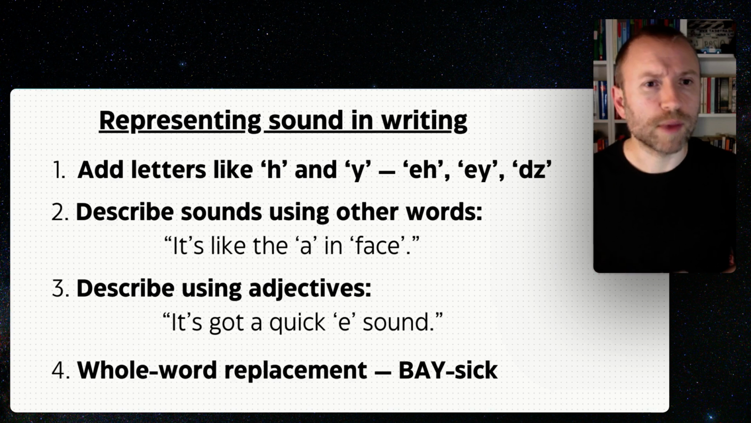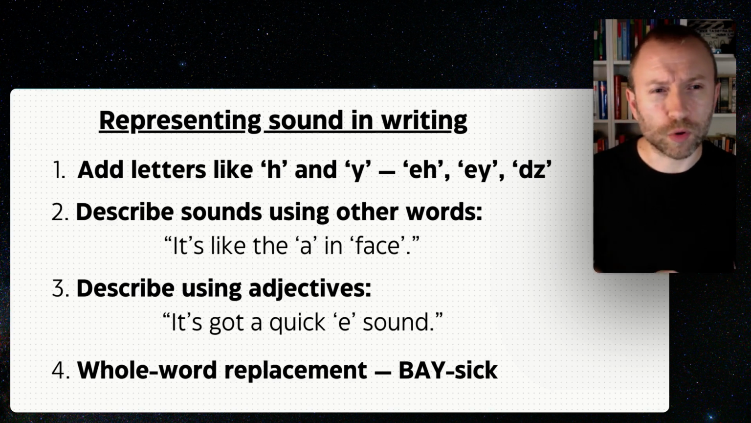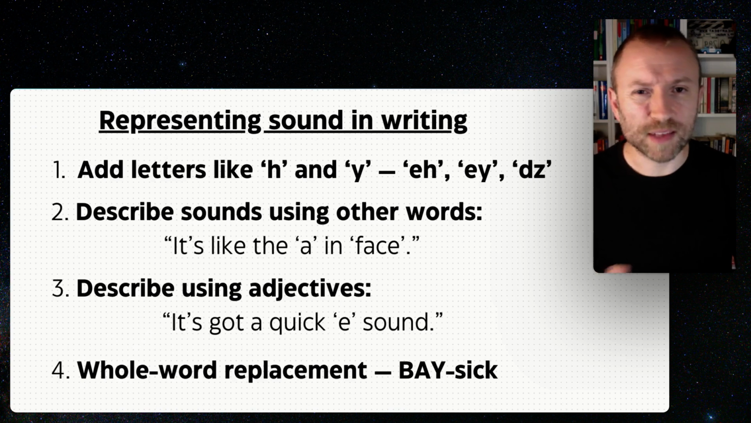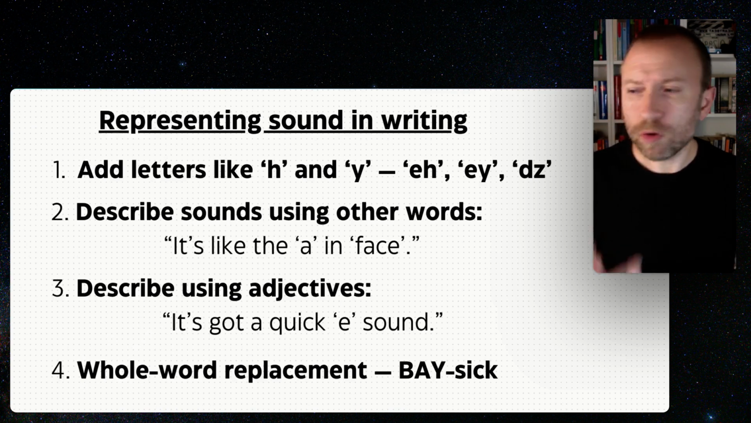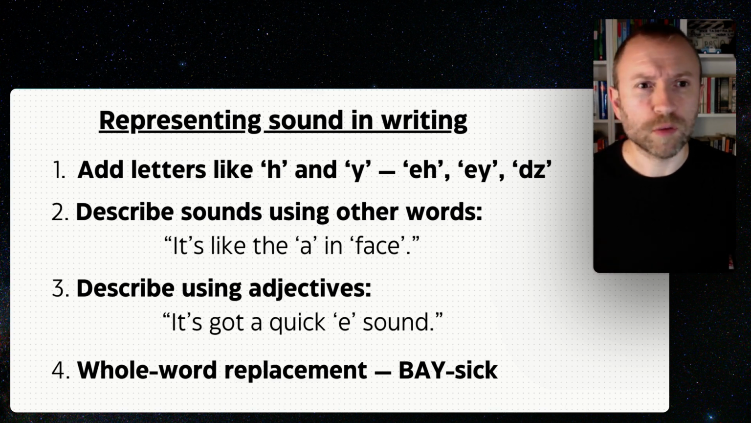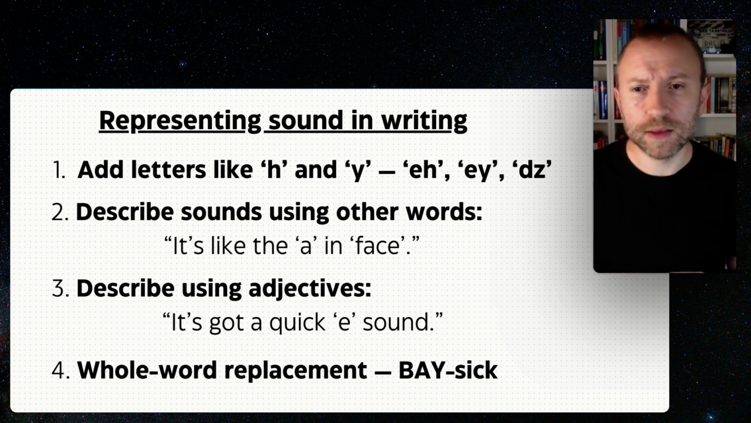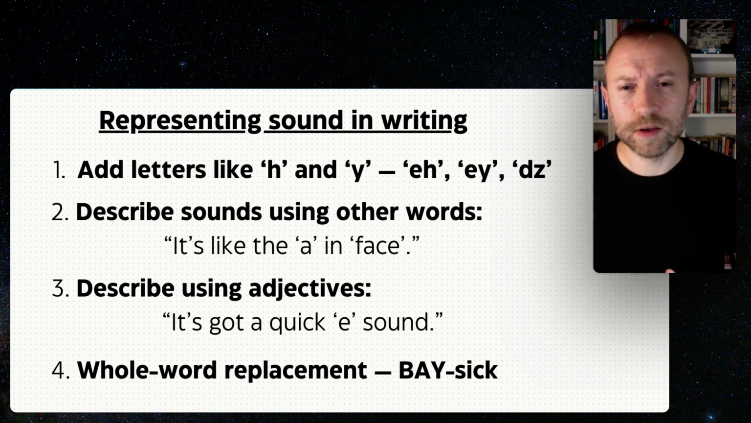The second thing we might do is to explicitly describe sounds by using other words. So we might say, for example, it's like the A in face. We might also explicitly describe sounds by using adjectives. So someone might say, for example, that it's got a quick E sound. We also might use whole word replacement for syllables. So for example, the 2 syllables of the word basic could be respelled like this to try to show how